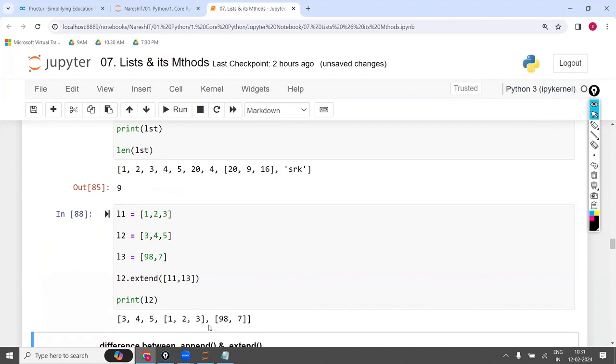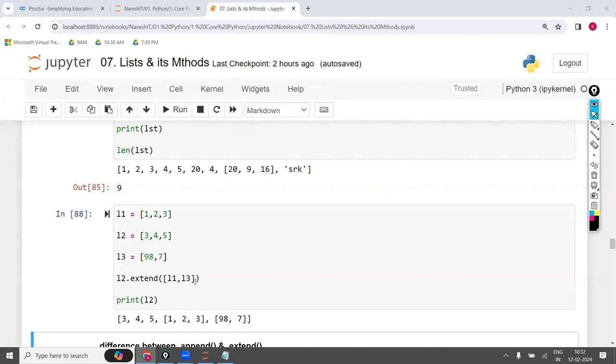Then it is going to add this one as one list and this one separately. This is your answer. The person who asked, Vishwanath, is your question clear? Inside that, you have to give only one argument. In the type error you can see clearly that list.extend takes exactly one argument, and you have given 3: L2, L3, L4. Total 3 lists you have given, but it will consider only one list.